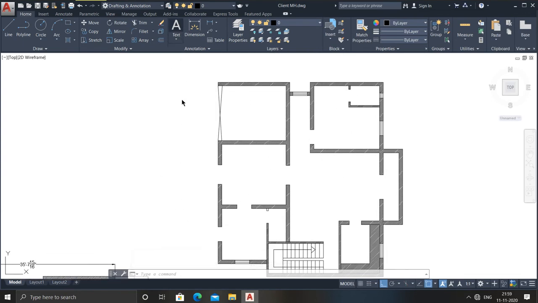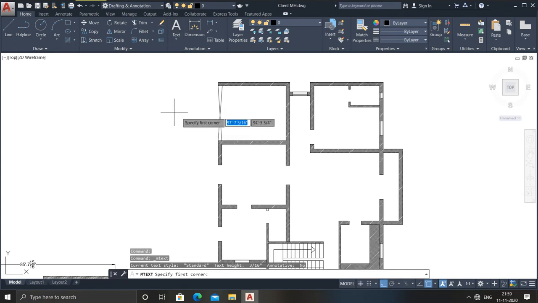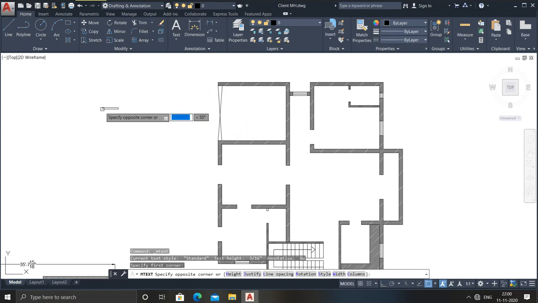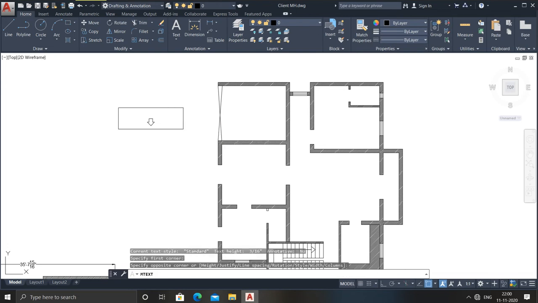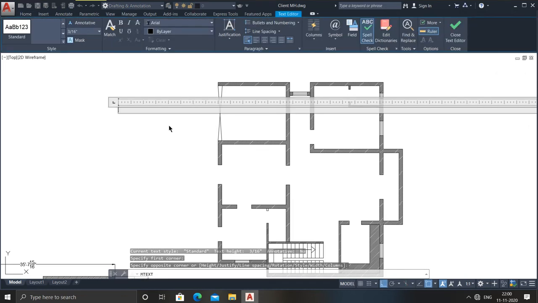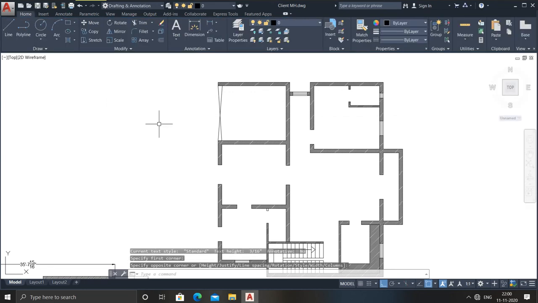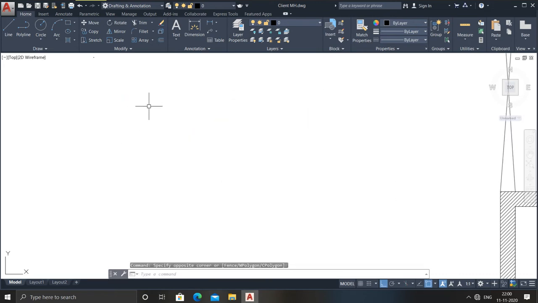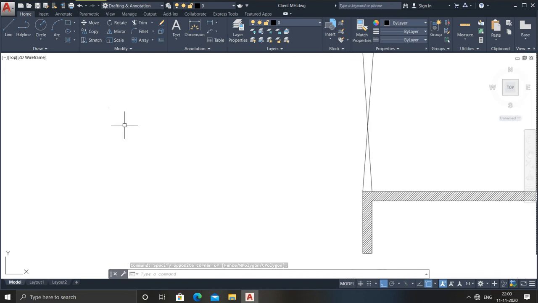So go for the text button, click it here. You can see this type of dialog box will open. Now once you click it here and drag it, you may see that the thing is coming. Once you click it here, now you are able to write anything, whatever you want to write. See, I need to write W. So you can see that it has become invisible, right? So I need to search where it has gone. So it's here.